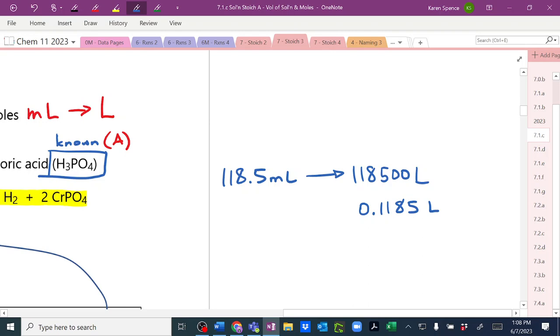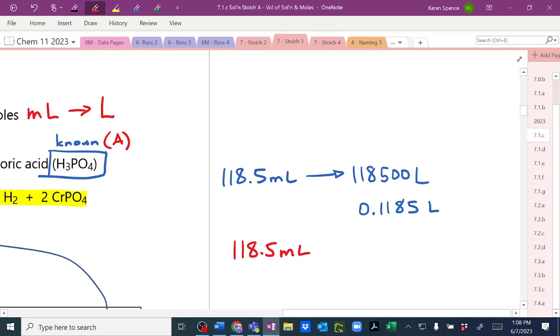And I'm going to tell you right now that if you cannot immediately tell me which of those is correct, then you should be using a conversion factor to convert rather than just moving the decimal. If you can tell me immediately which of those two is correct, then you can just move your decimal place. But if you're like, I don't know, then you should be using the conversion,